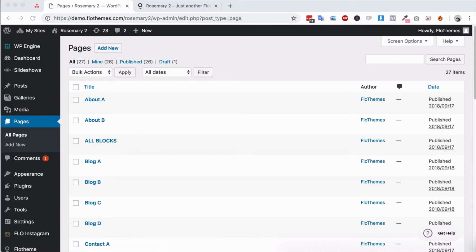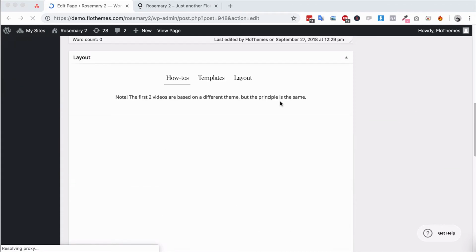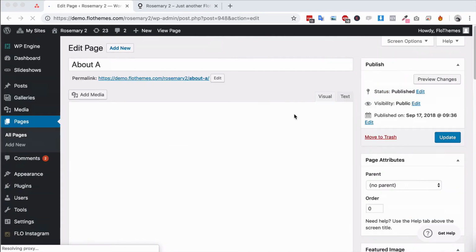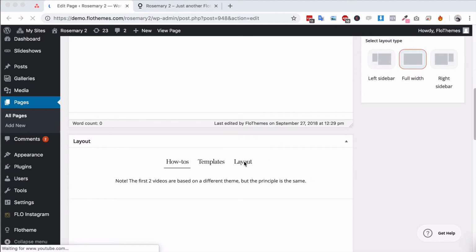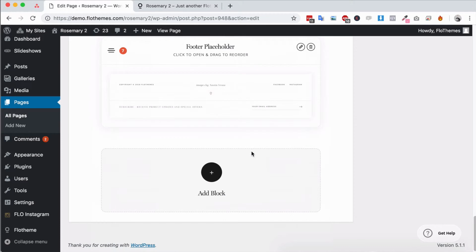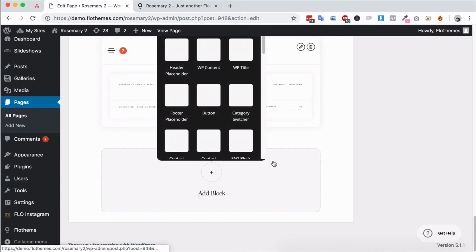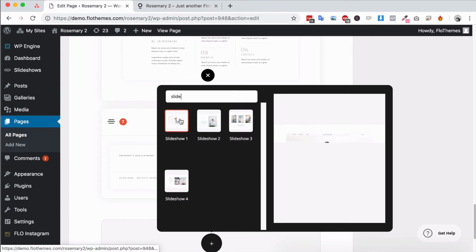And then we will go to any page here. And once it loads, I'm going to go down to the layout section and just show you the slideshow option. There are 3 different slideshows, I believe, with this theme. We'll check that out right now. So let's go down to the layout section. We'll go down here, choose the layouts, and then we'll scroll down, add a block, and then we'll search for slideshow. We actually have 4 slideshow types: full screen slideshow,